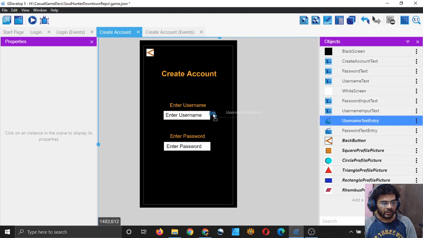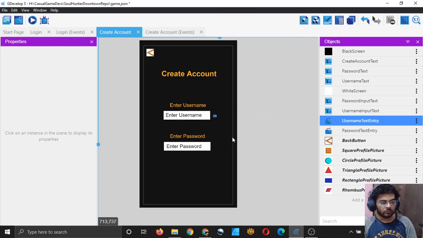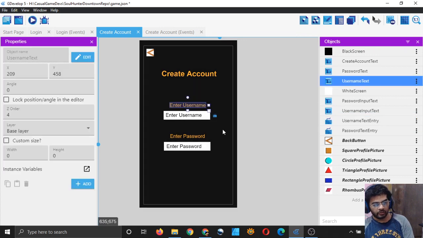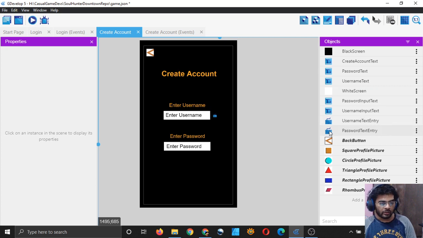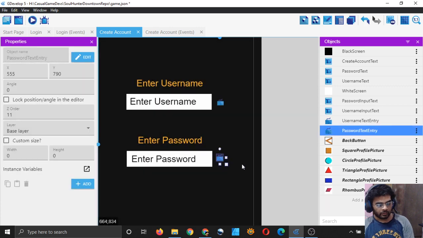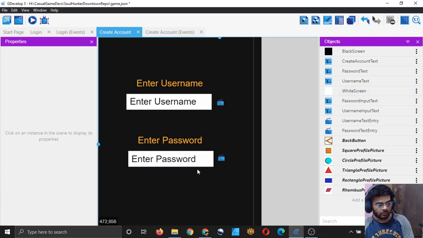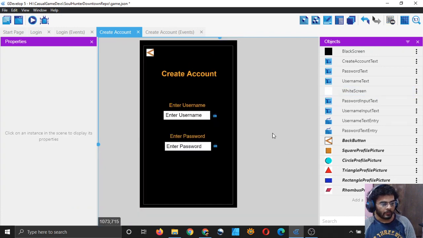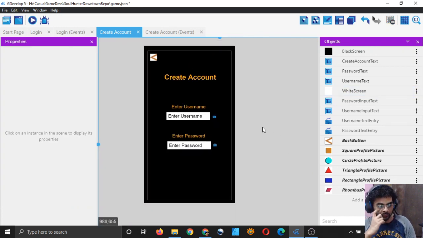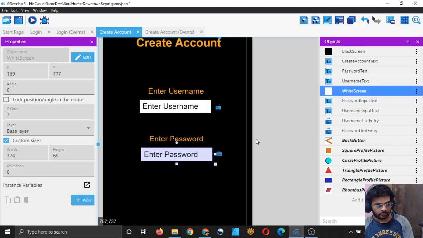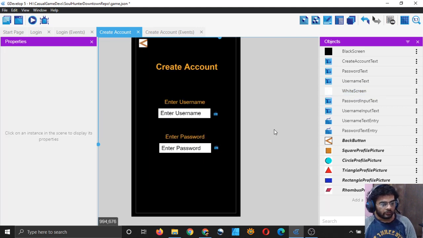I will drag the username text entry object and put it close to the username text, and I will drag the password text entry object and put it next to the password text, right? So that should be good. Yeah, so that's okay. Looking a little bit off, that's okay.